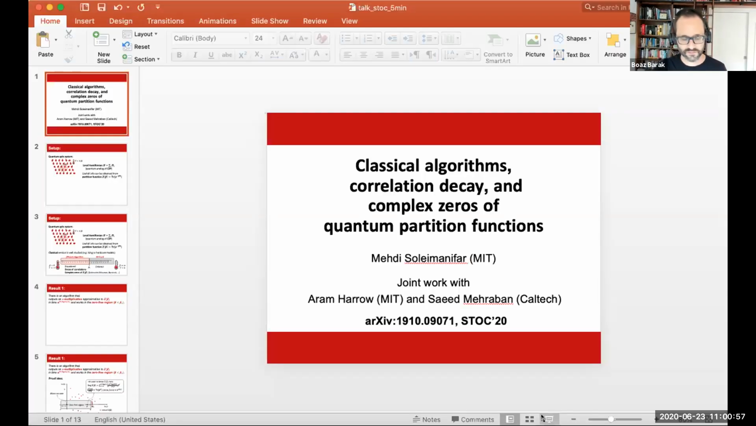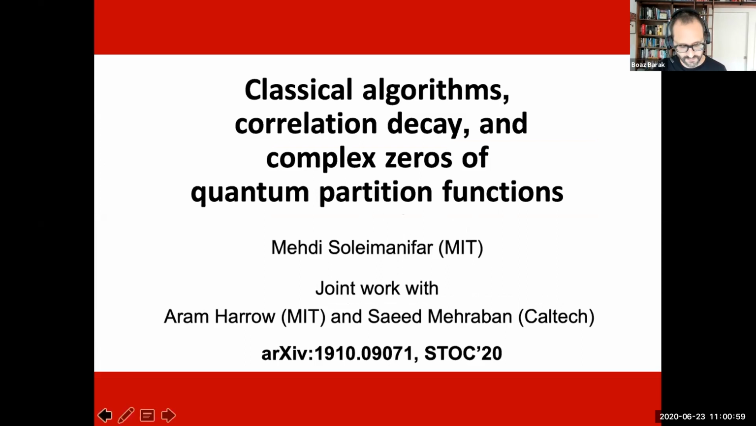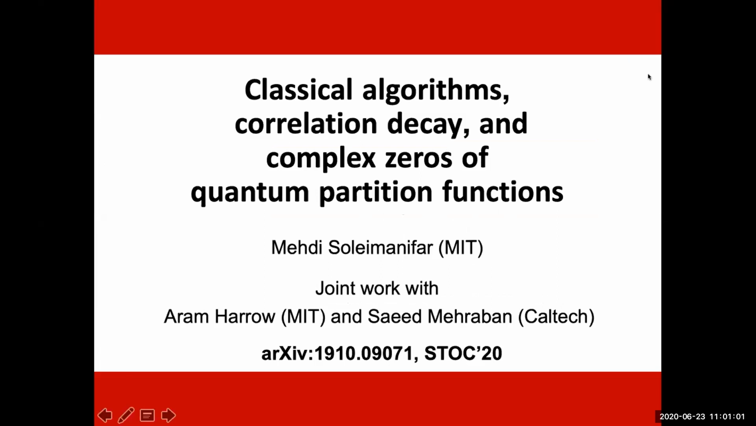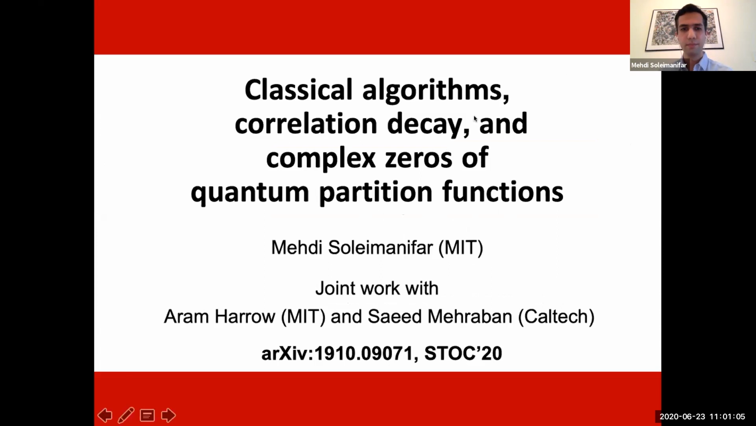And Mehdi will be talking about classical algorithms, correlation decay, and complex zeros of partition functions of quantum many-body systems. And let's hear from Mehdi. All right, thanks. So yeah, I'll talk about a joint work with Aram Harrow and Saeed Mehraban,